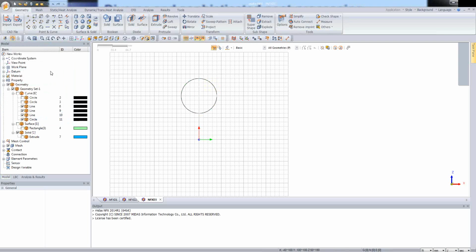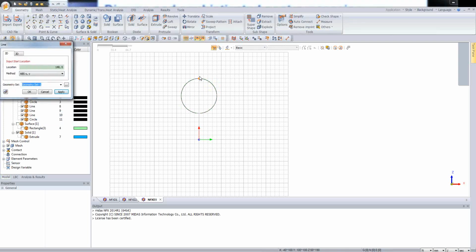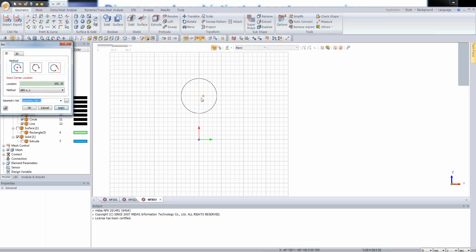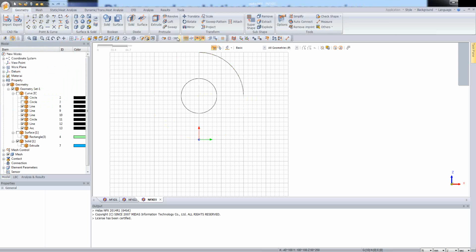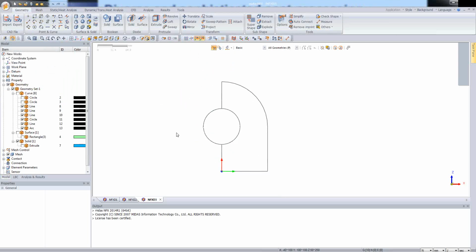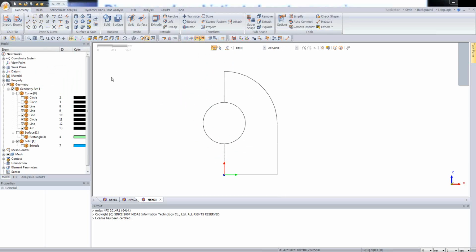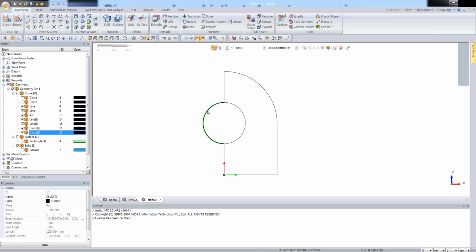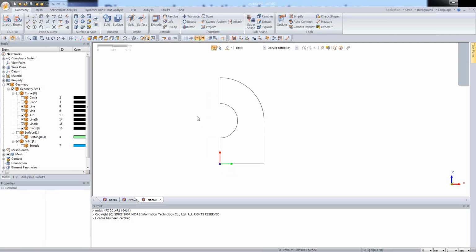Okay, and I will finish this with that line. Okay, and let's create the arc from that point and this point. So let's hide the grid at this moment, and once again let's use the intersect tool to split this circle. So I'm clicking on OK. Let's delete this part, and the shape has been created. Let's display the